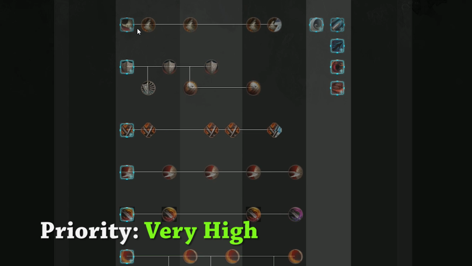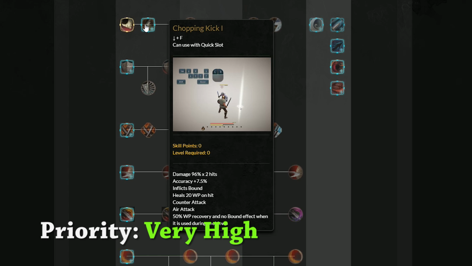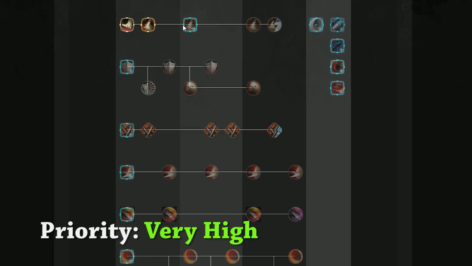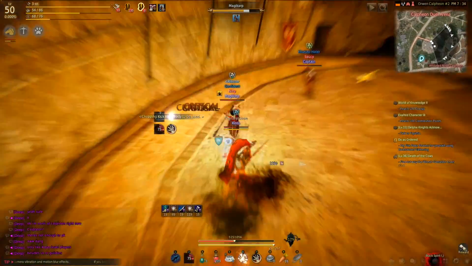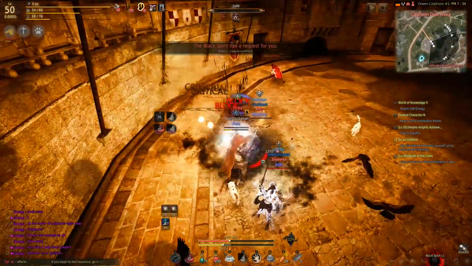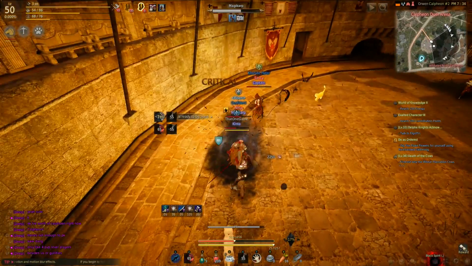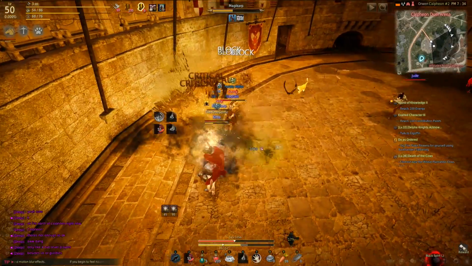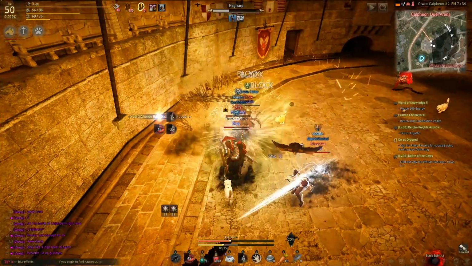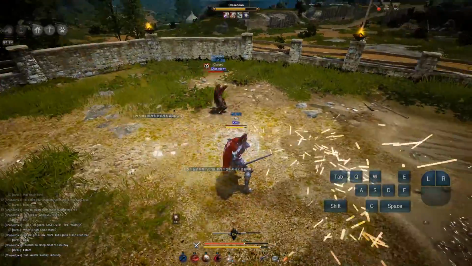The very next skill you'll be noticing is a skill called Chopping Kick. This, being one of your cancels, is very high priority, basically as top as it gets. As a cancel, it can interrupt most animations and skills that you do, and when you're casting it, if it successfully lands, it also puts the opponent in a bound state, which is a little bit different from a knockdown. I'll have to get into more detail with that in a different video, but overall, this skill is definitely high priority and